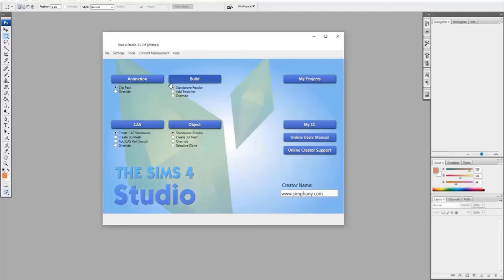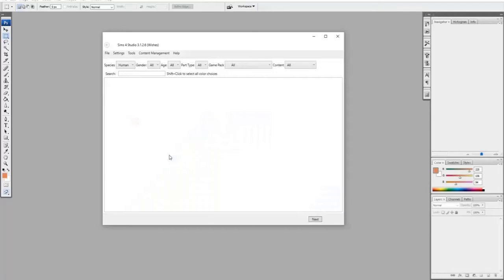So what we're going to do is we're going to find a file to recolor in Photoshop, and I'm going to show you exactly how to do that. So once you have the program downloaded, once you have your plugins, and once you've made your creator name, and you can change your creator name at any time, by the way, you're going to go to the Create a Sim button. And like I said, I just have the Create Cast Standalone option selected. I really don't go to these. I'm curious about these though, and I am going to do some research, but I've always had this one just checked. And then I'm going to click the cast button,